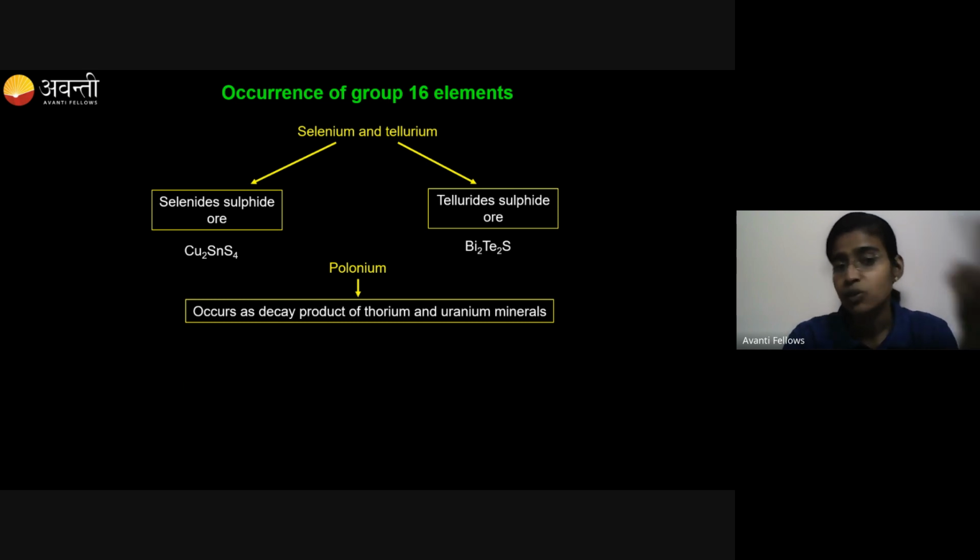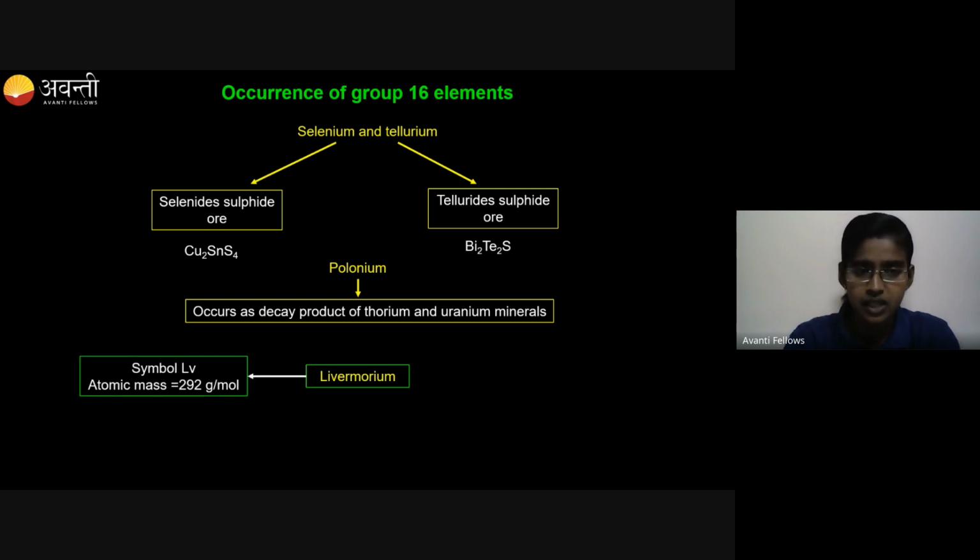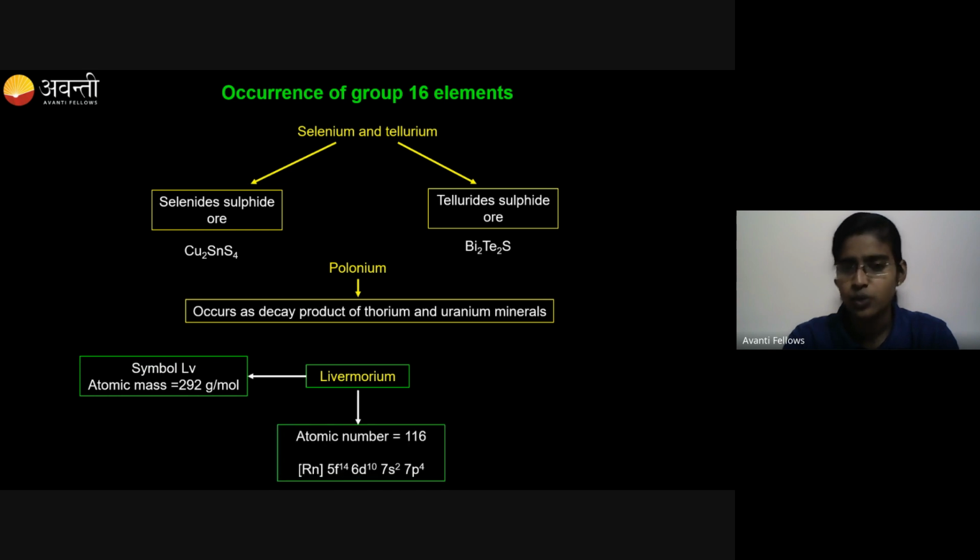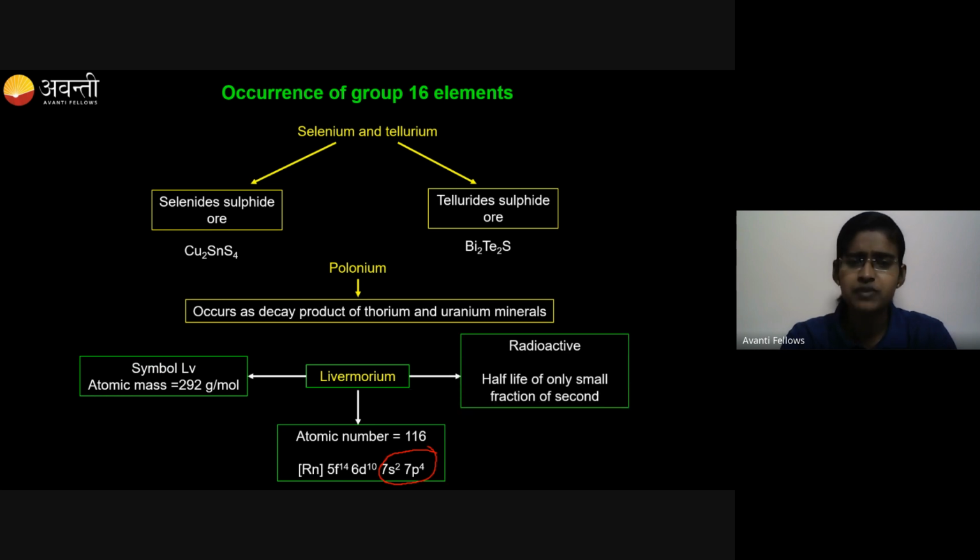And one more element, the sixth element we have in group 16, is called livermorium. Livermorium is the last element of group 16, which belongs to the seventh period. The symbol for livermorium is Lv, and its atomic mass is 292 gram per mole. The atomic number is 116. It has 7s2 7p4 configuration, seventh period. And since livermorium is a radioactive element, its half-life is